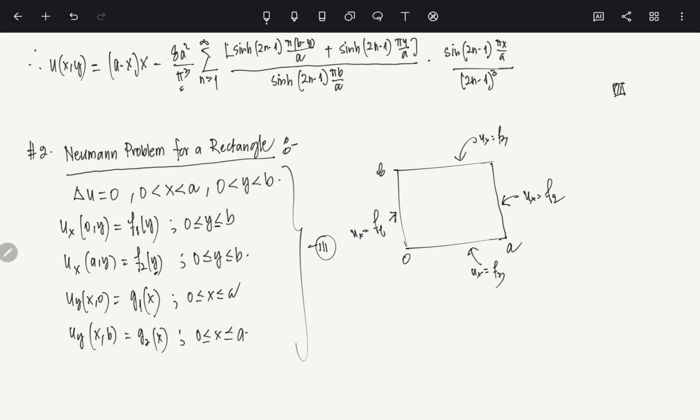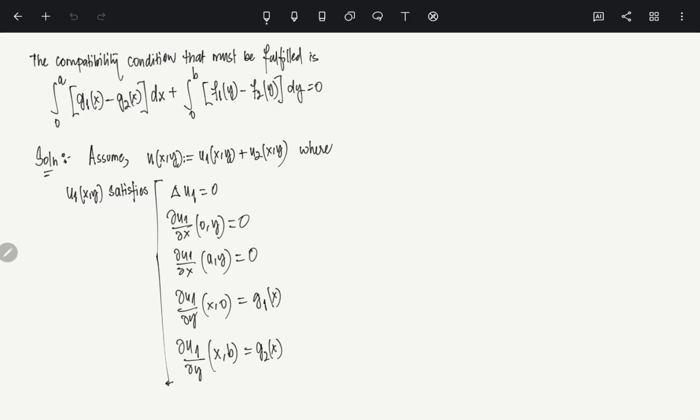Let's just call it 3. Clear? That's the idea. We're just breaking up the boundary in such a way. Okay, and what does u2 do? u2 of xy satisfies